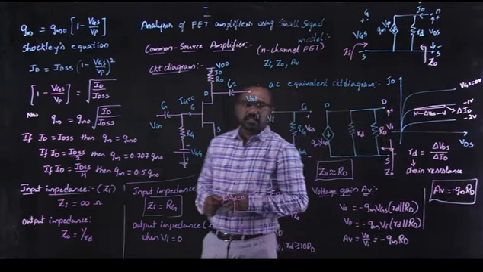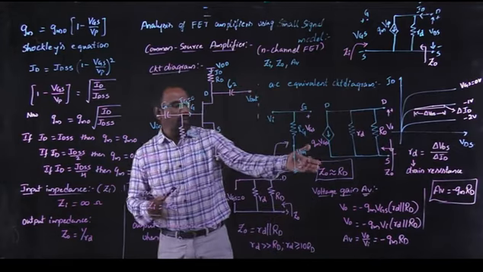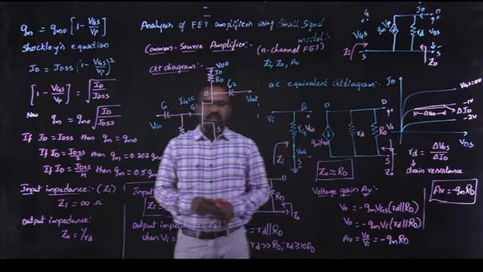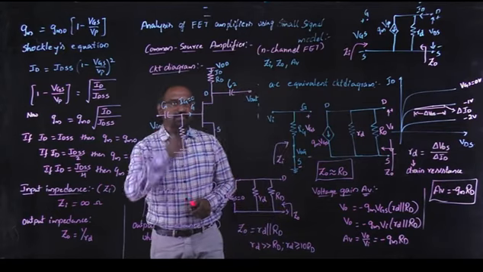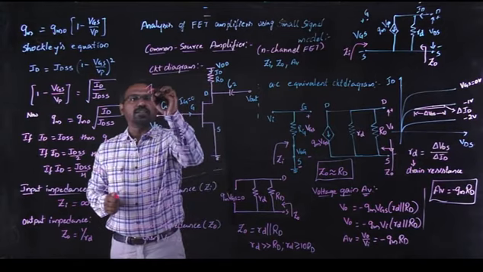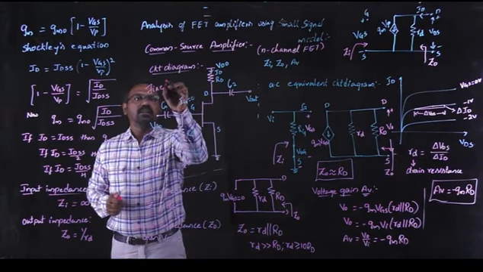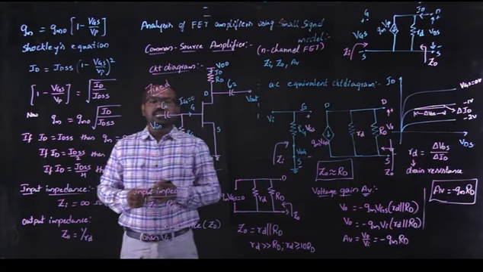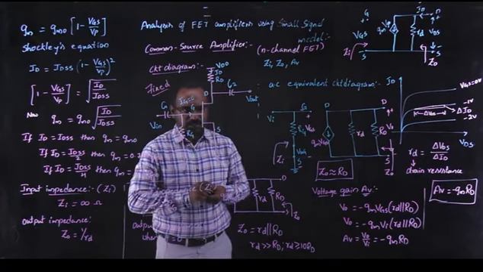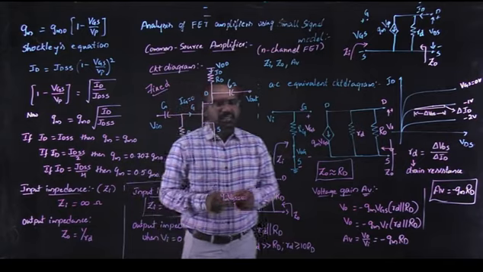So this is the input impedance, the output impedance and the voltage gain for the common source amplifier when it is used in fixed bias. Actually this circuit diagram is for fixed bias configuration. Similarly, we can analyze for self bias configuration as well as voltage divider configuration. Right? So next we are going to discuss